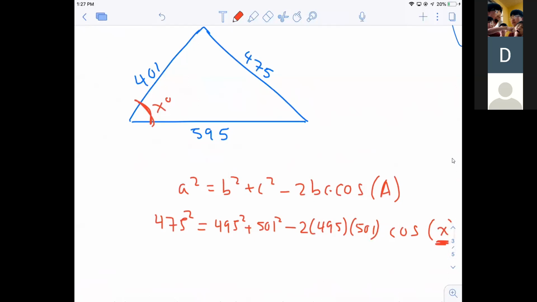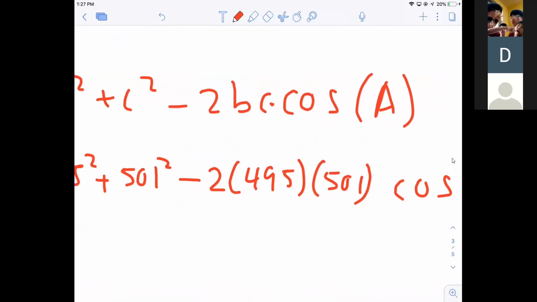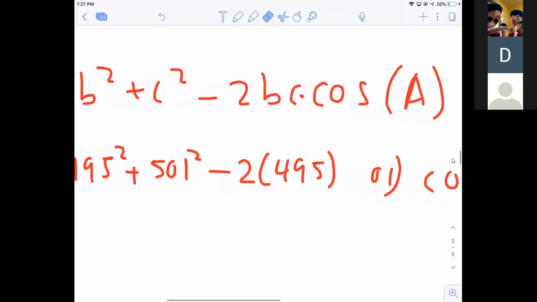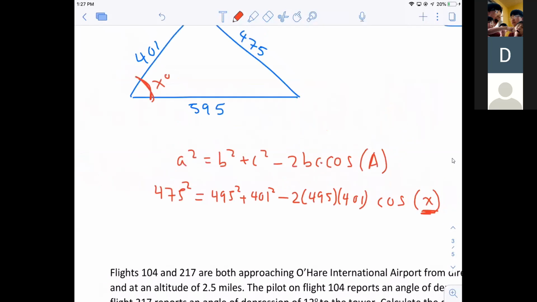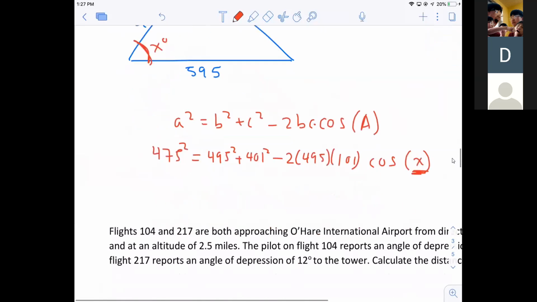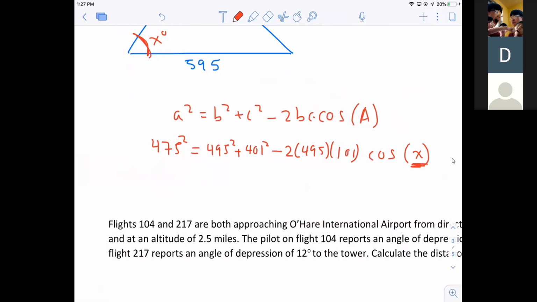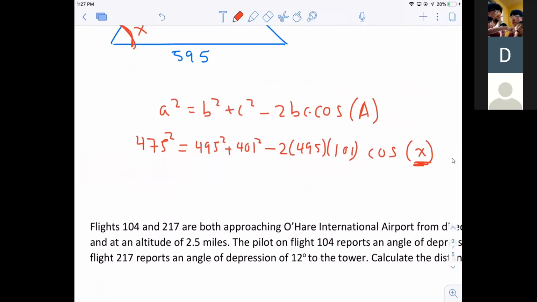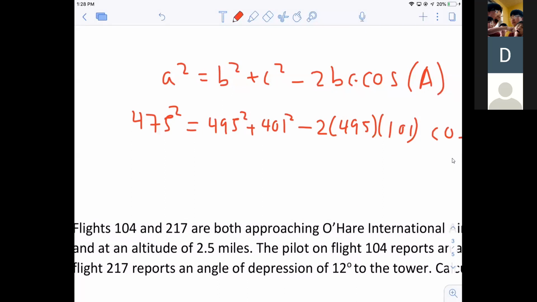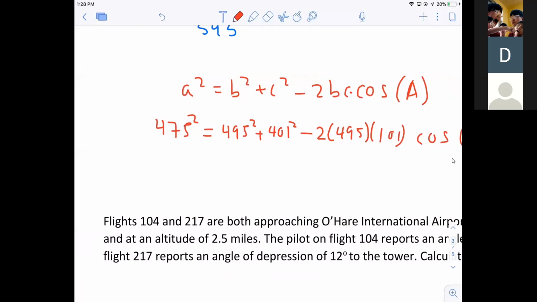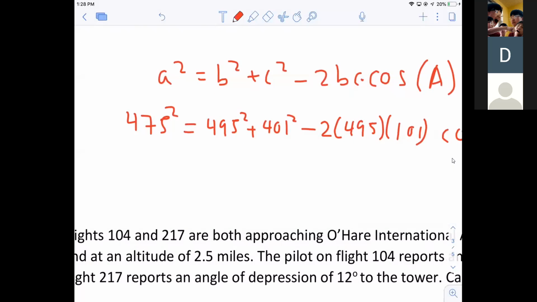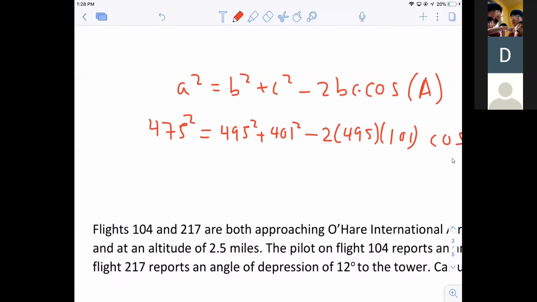Did I mess it up? Oh, it's 401, not 501. Who wrote that? All right, thank you, Emily. 401 squared, not 501. Is that right? Yes. All right, thank you. And we solve for cosine x now. It's a lot of algebra, but I'm going to subtract 495 squared, subtract 401 squared, and divide by